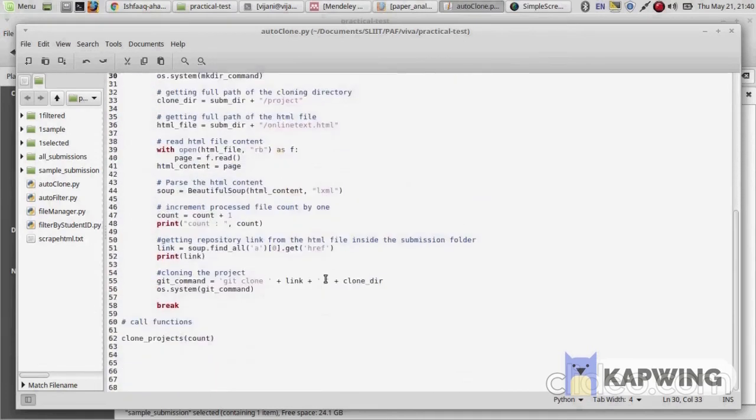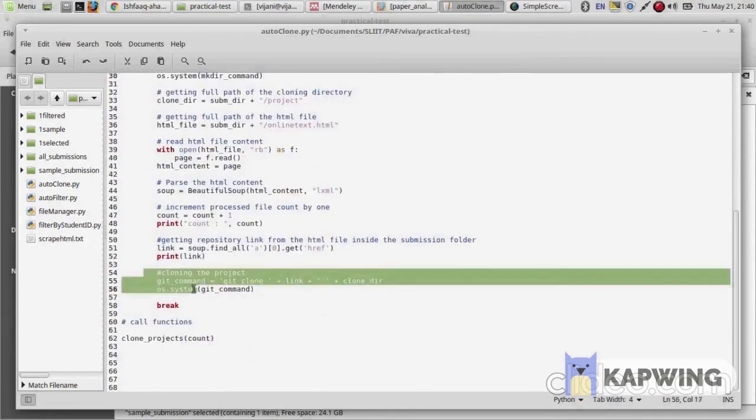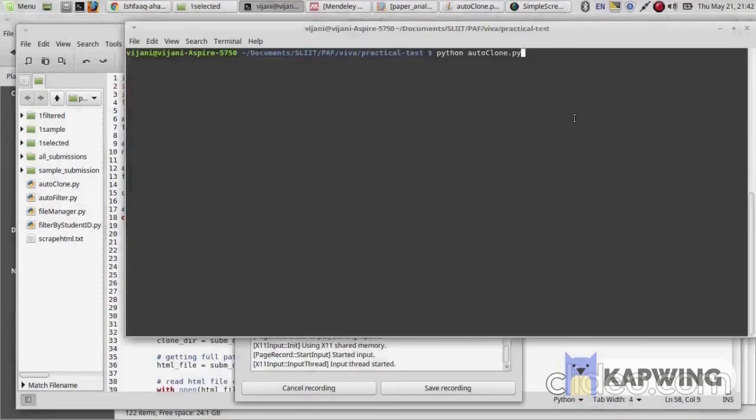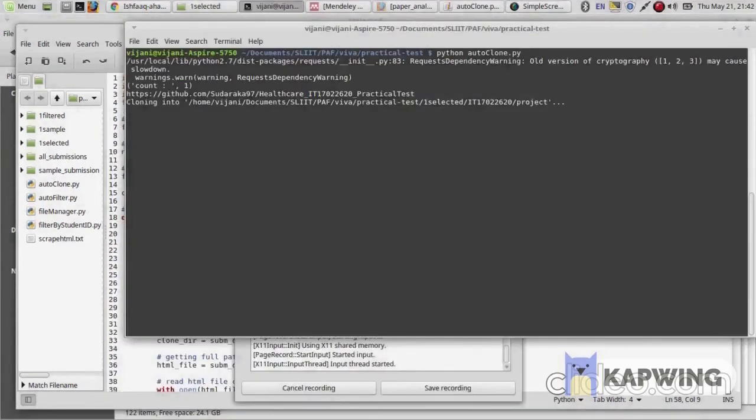Cloning is also done through the code. It will go through each and every URL and execute the git command through the Python code. Now we have all the student projects cloned into the relevant folders, which we can evaluate one by one.